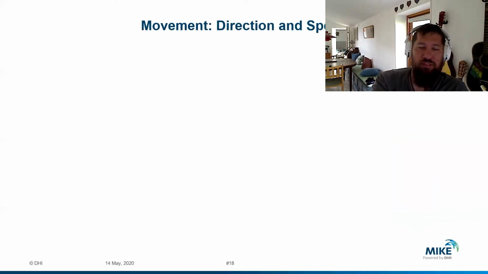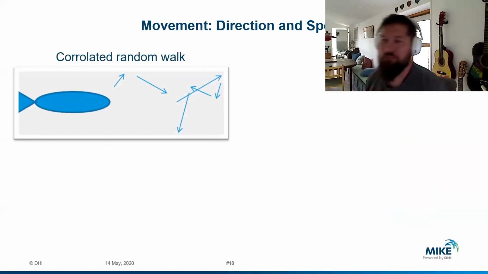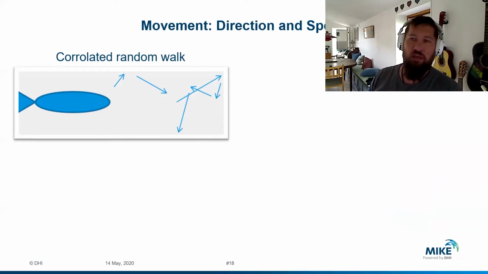So what you saw is all of them had some movement and some speed. And usually in agent-based models, we operate with three different kinds of movements. The first one is called correlated random walk, which is essentially the basis for normal behavior when you don't have anything really to do.